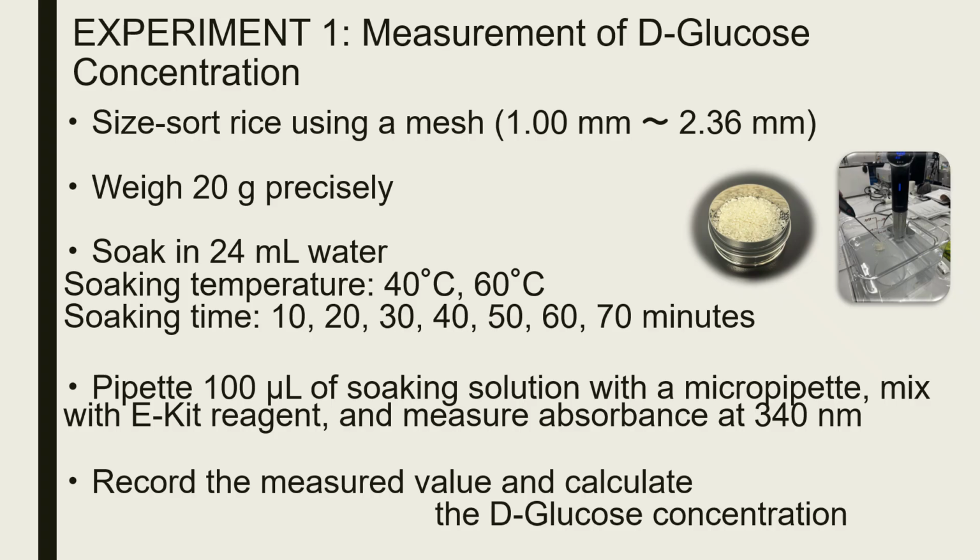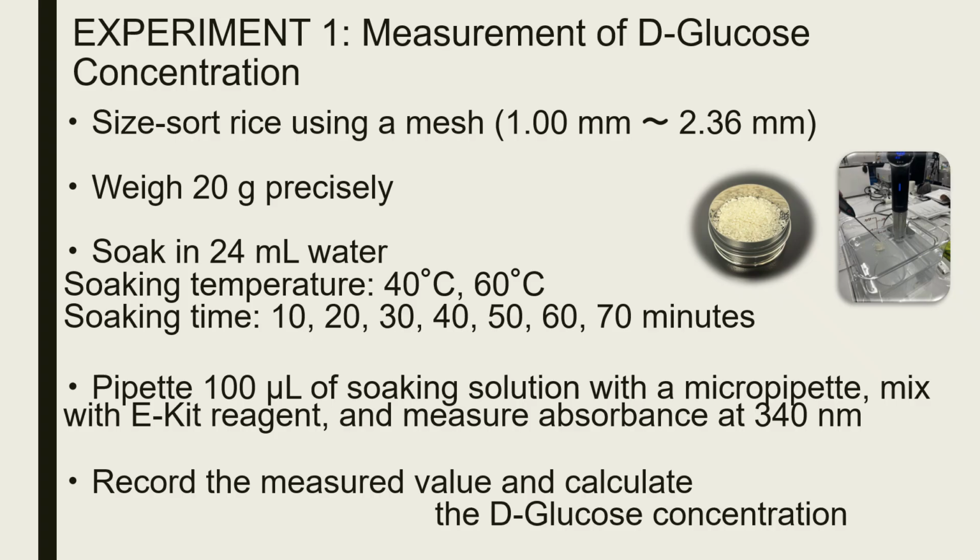By controlling the immersion temperature at 40 degrees Celsius and 60 degrees Celsius, we incorporated an engineering perspective focused on condition setting and ensuring reproducibility. The experimental design itself is also a crucial element of STEAM. During rice soaking, starch is broken down by enzymes to produce glucose. This process is understood through the integration of multiple fields: science, enzyme reactions and biochemistry; technology, absorbance measurement; mathematics, concentration